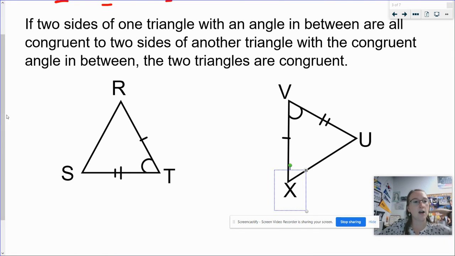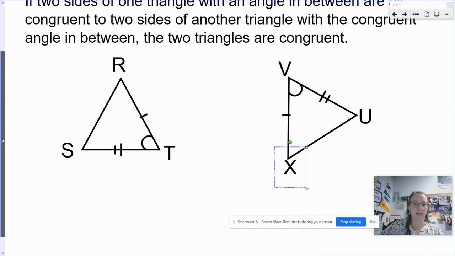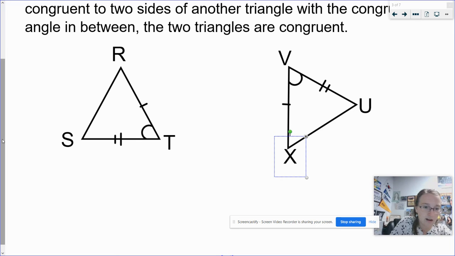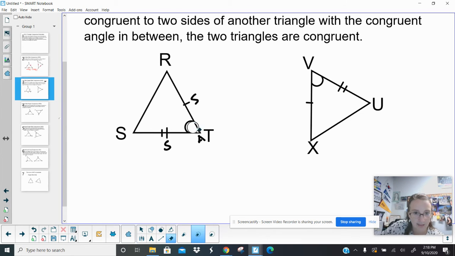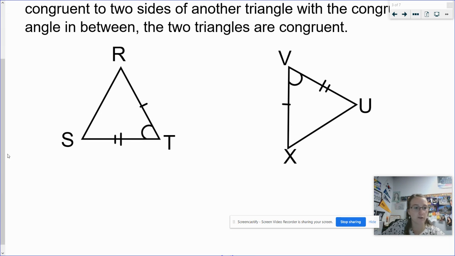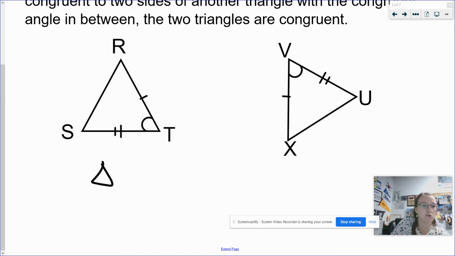So notice again, here's how we know this is side angle side. It goes in that order, side to angle to side. I have one side congruent, the angle is between them, I have another side congruent. Yes, that's how we can tell, side to angle to side. The angle, once more, has to be directly between them. So let's practice this. I'm going to name the first triangle. Let's name this triangle